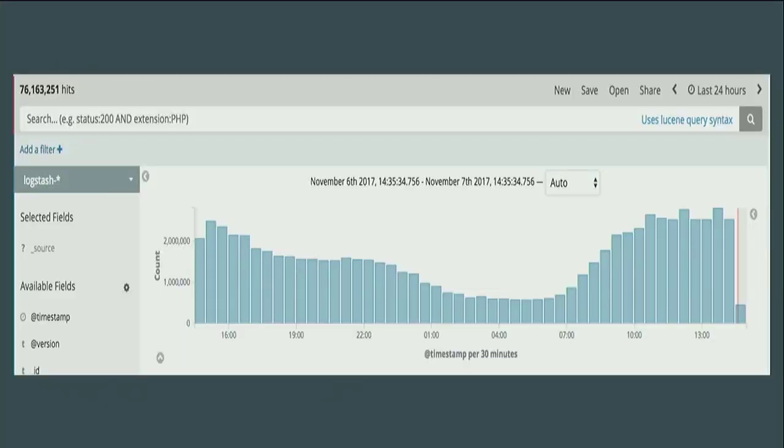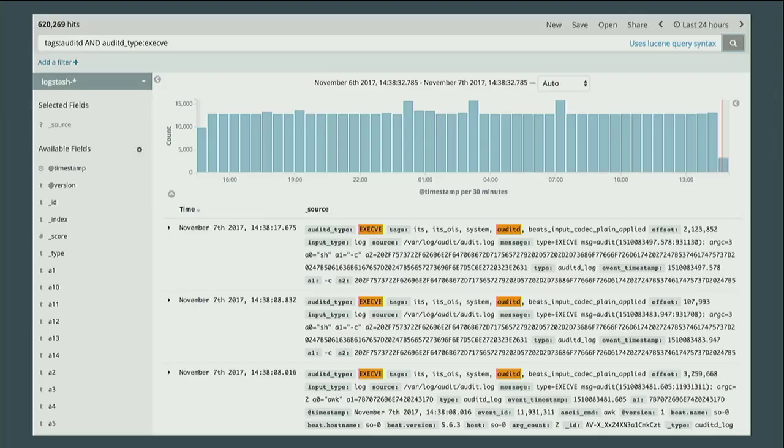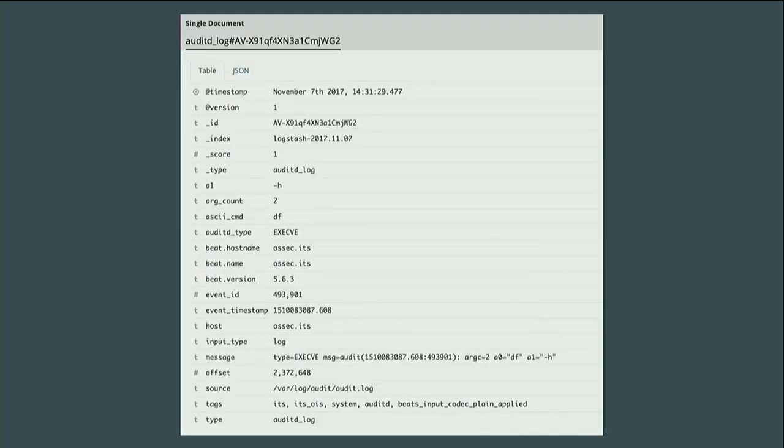Ultimately, our goal is to be able to sit down and look at something, type something in, get something back, and have it make sense to us. It doesn't matter if you're doing schema on read or schema on write, right? You're going to get: here are my fields, here are my values. That's kind of our goal.